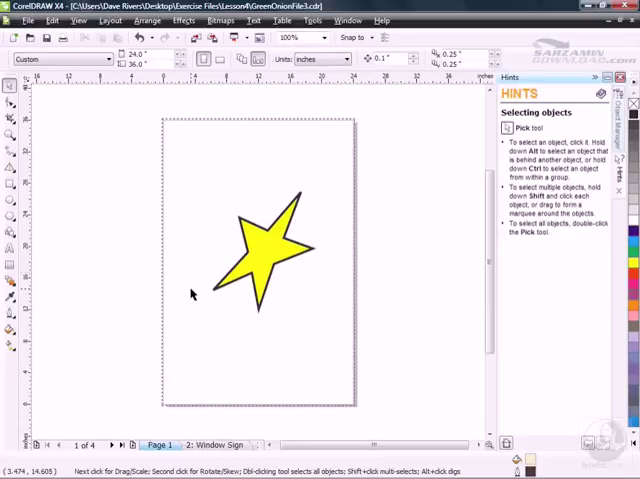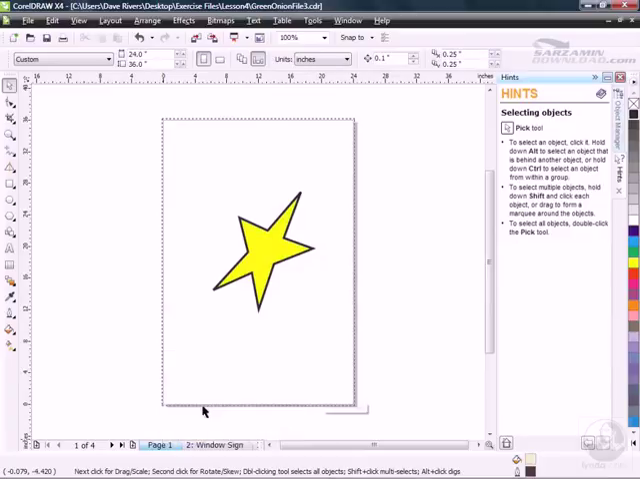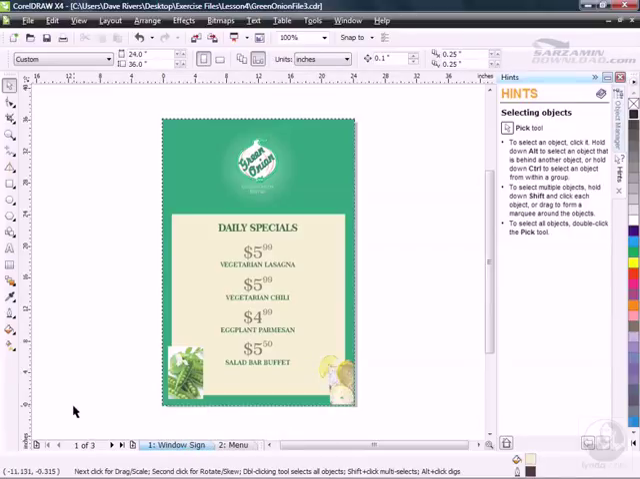Once we talk about adding shadows later on, you can see the real effect of skewing and adding perspective to an object. Let's go down to where it says page 1 here, right mouse click and choose delete page. You'll have to confirm this. There we go. And we're back now to our first page, window sign,